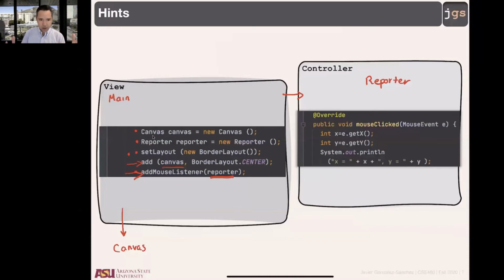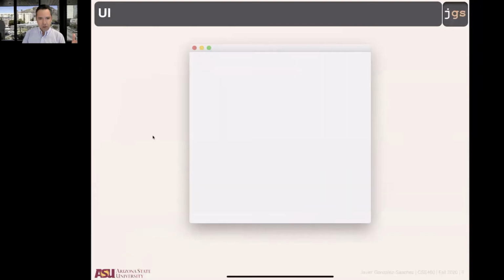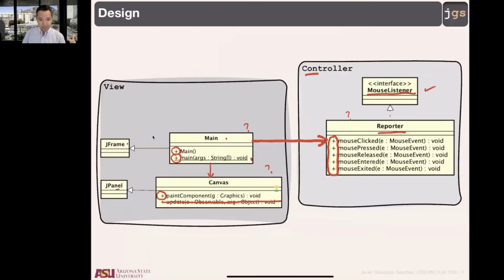Those are the lines that connect what I am showing you in the class diagram. Those are the lines that connect this and this. The inheritance, I am sure that you know what to do for this one and for this one and for this one. So the lines that I show you hopefully help you to start with your application. Moreover,